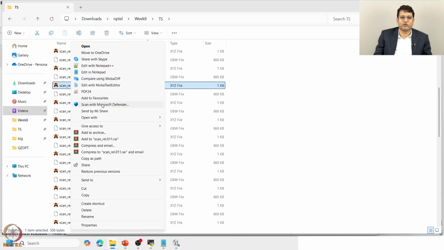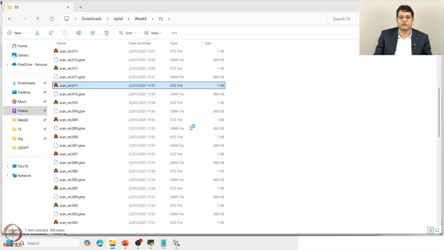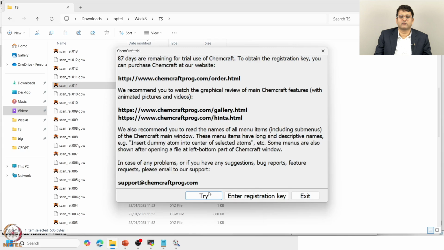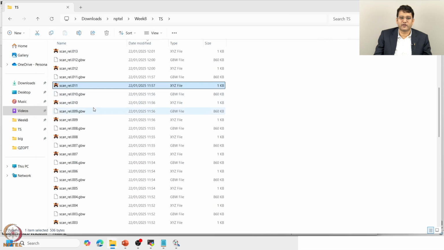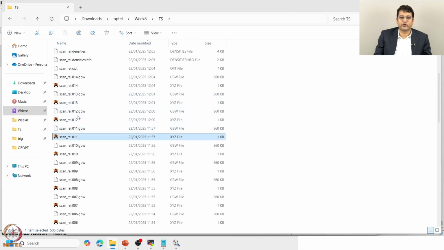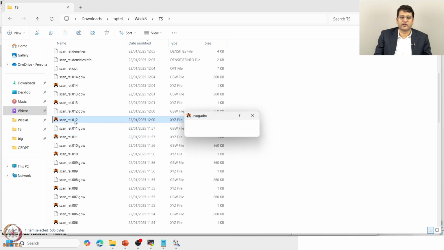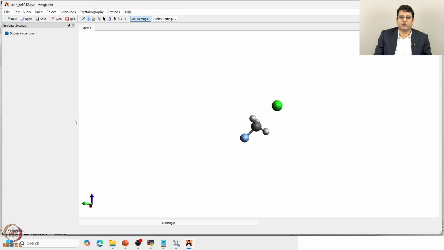You can open with Avogadro also, but I would open with Chemcraft. So this is also not where the reactant is in a proper form. So that means this may not be the real transition state. So maybe we have to go into the higher variants. You can open with Avogadro. I think this will be closed quicker than opening in Chemcraft. Not really. So this is where it at least gives you some kind of